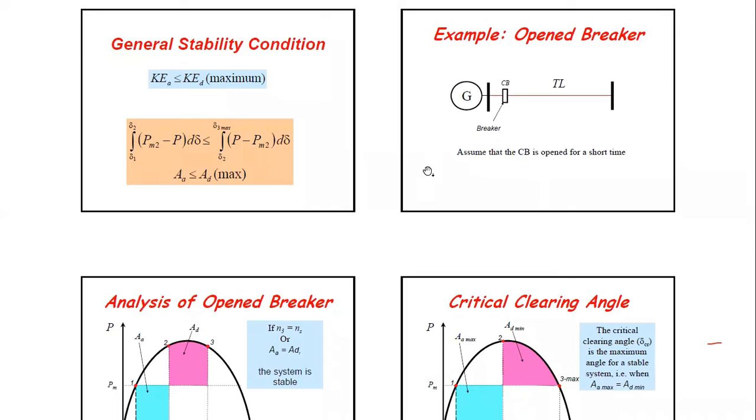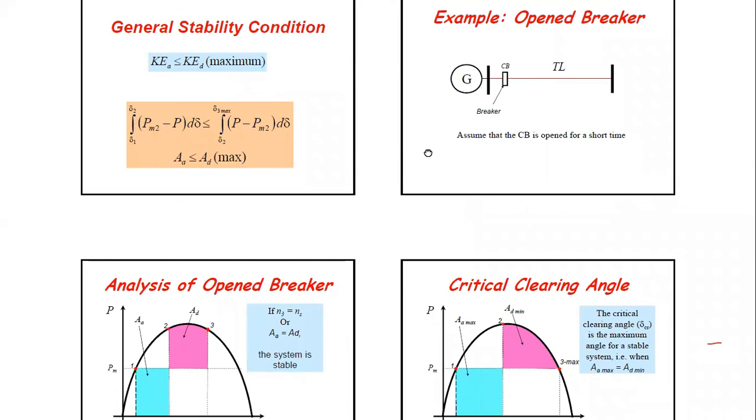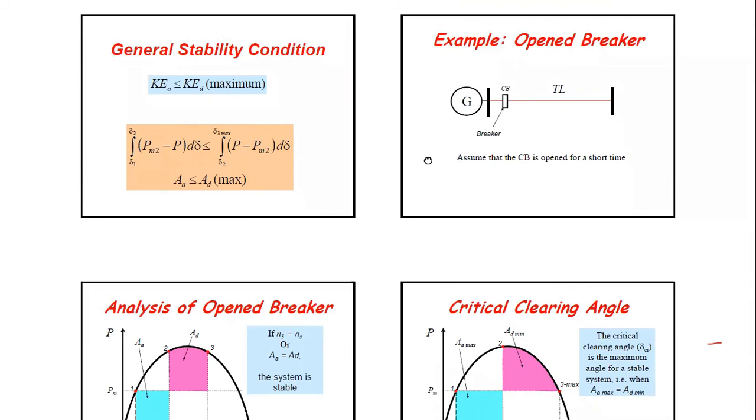Okay. Now the next condition is when a breaker gets opened. At that point of time, what will happen? This is also a sort of disturbance or transient condition which we have in the system. The system considered for this case is the open breaker. Assume that the CB is open for a short time here. In this case, the generator is supplying to the terminal bus and it will be supplied to the infinite bus